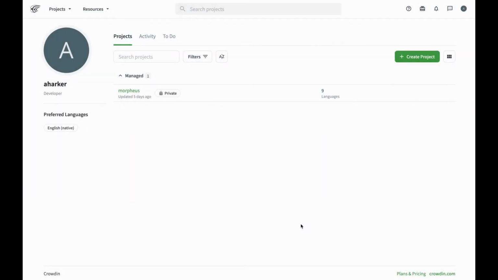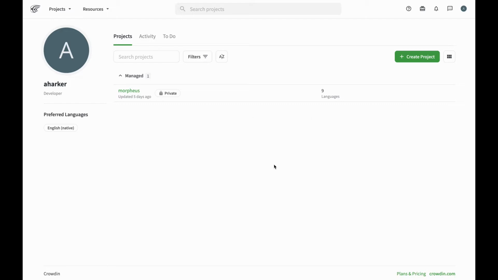Hello. Today we're going to take a look at the process for contributing and consuming UI translations within Morpheus, including the general process of how new contributions are built into the product, how to set the language on the appliance itself, and also how the process of contributing works, including contributing through the Crowdin web UI, which you're looking at